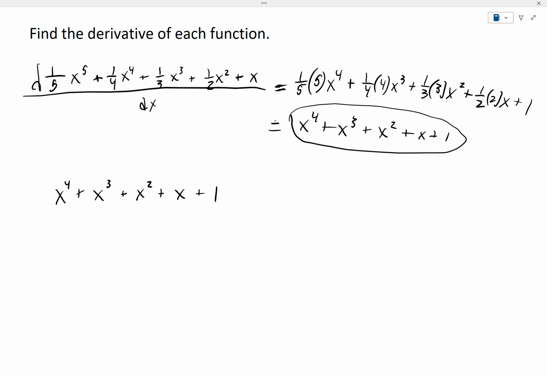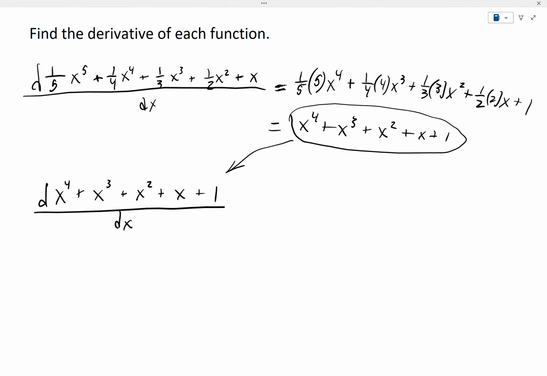So you can see that problem was kind of set up so that each fraction will end up canceling with the factor that you pull down from the power whenever you use the power rule. And our next problem here is going to be the derivative of the function that you get as the answer to the first one. So once again, we use the sum rule and we break this up into multiple derivatives,